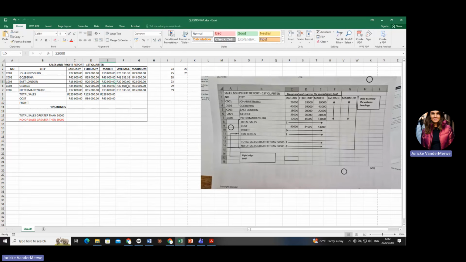Let's go to D. D says you must determine the profit as the difference between the total sales and the cost. Now, this is a little bit mathematical. What does the word difference mean mathematically? Minus. Okay? So do you agree a profit is going to be, and we're not going to use a function here.